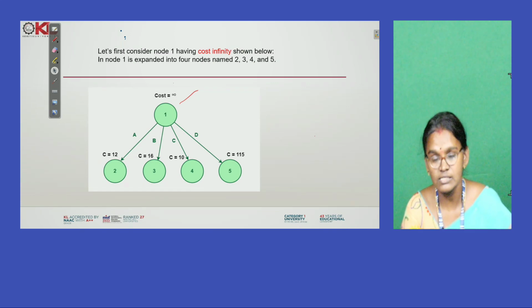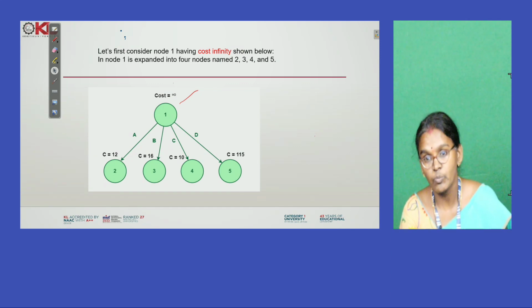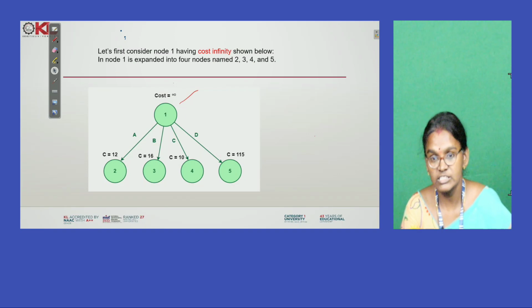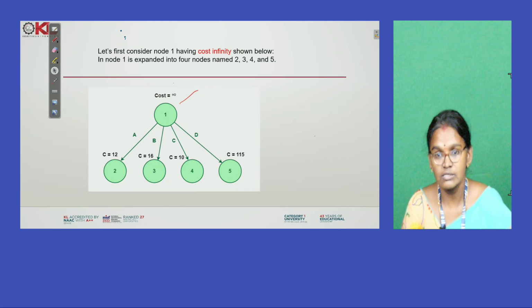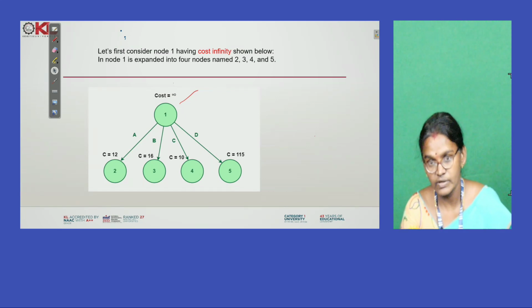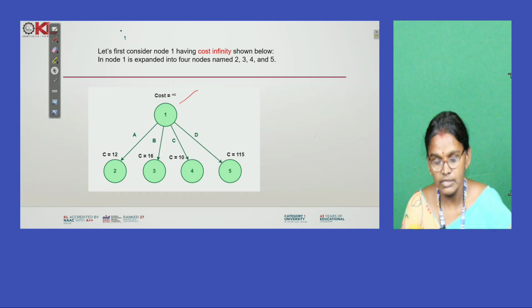So here the main aim of the least cost search is to find out the least cost of the node. In the previous methods, based on whether any extensions are possible or not, the state space tree is implemented. But here the least cost search method is mainly used to find which node has the decreased or lowest cost. First identify that, and based upon that the tree is implemented.